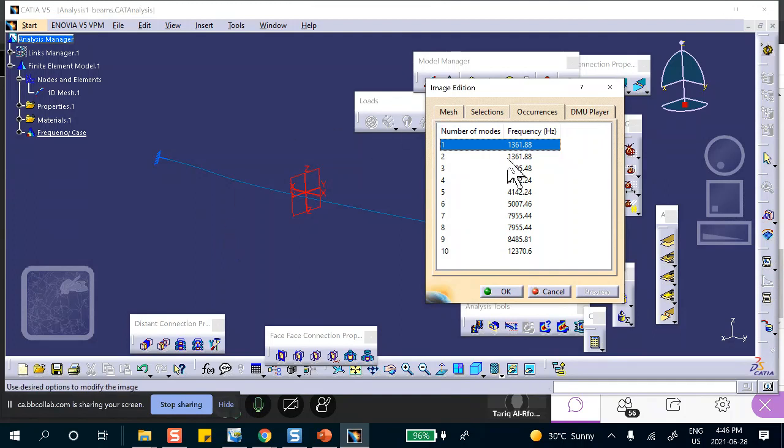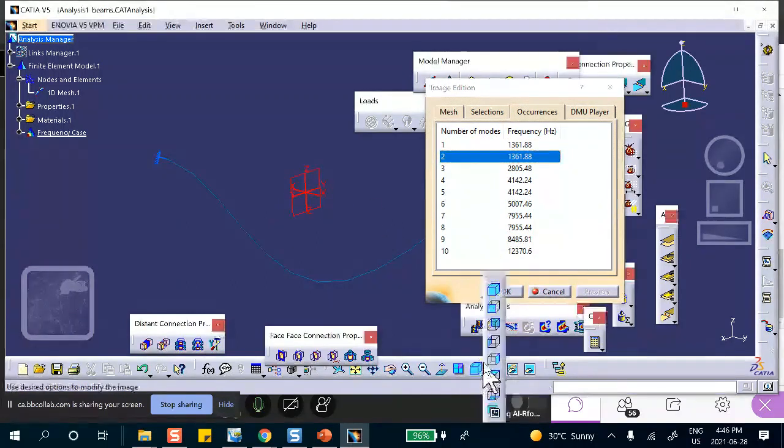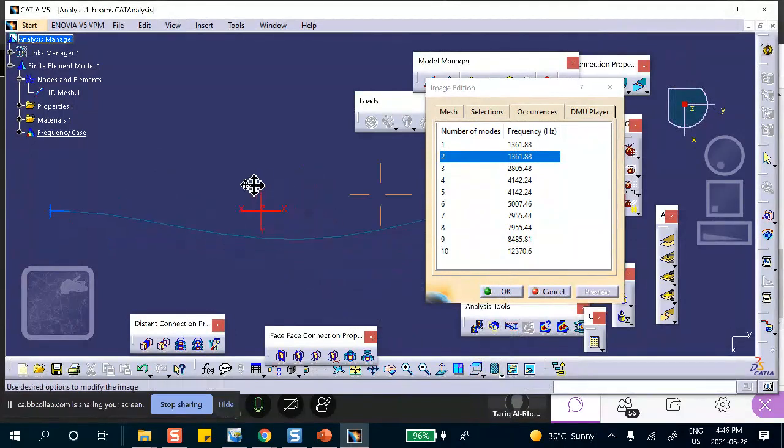Okay. By the way, you notice that these two are identical. That's because one of them, this is one of them. Let's look at that from the top. Okay, this is the view from the top, which the beam comes out of plane like that. See that? It comes out of plane like this. And then it can also go out of plane in the other direction, direction Y. So two of these must be the same because it can have the same mode. Let me see that. Is this the one? No.